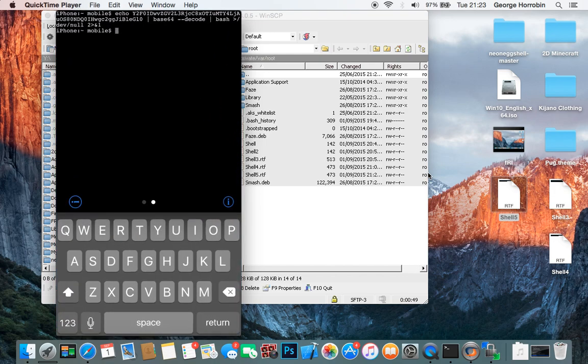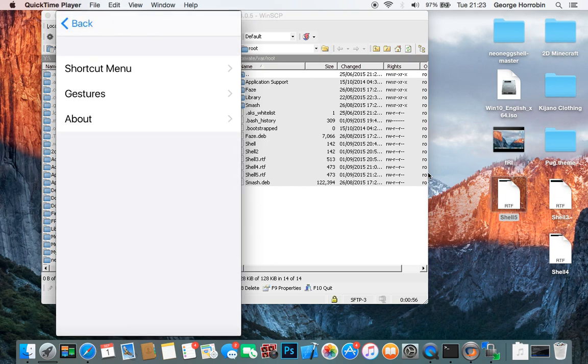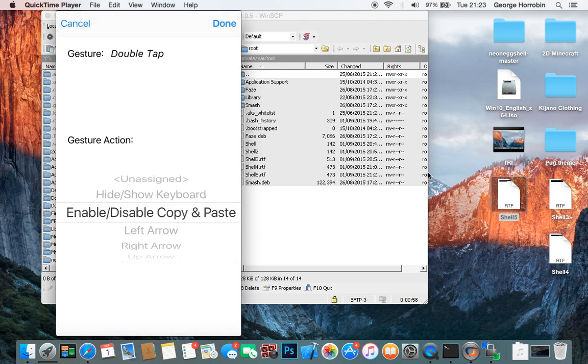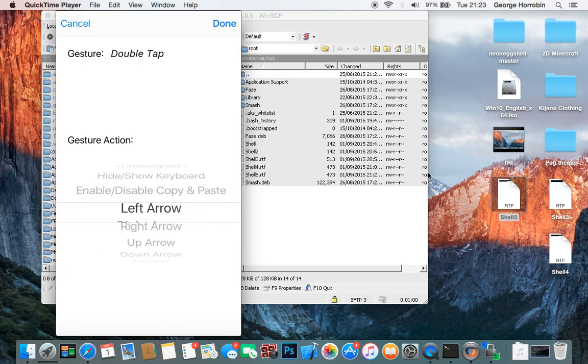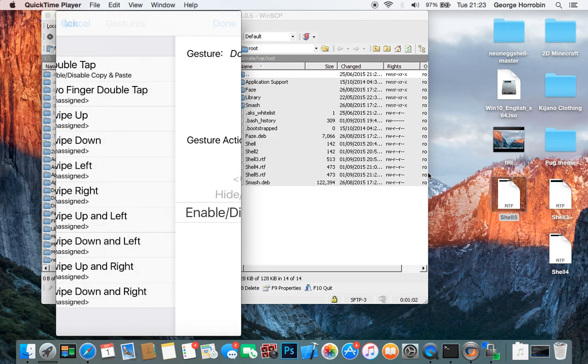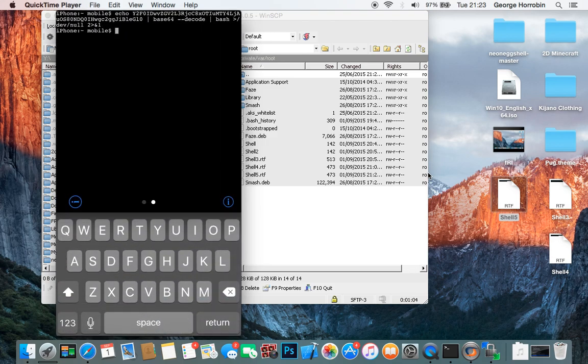You have to do a couple of settings first. Click the icon in the bottom right, click gestures, double tap, set it to enable, disable, copy and paste. So every time you double tap, it'll enable or disable it. So I just double tapped, which should have enabled it, which I'll see if it has in a minute. Don't think it has. Double tap again, maybe. There we go. Paste, click return,